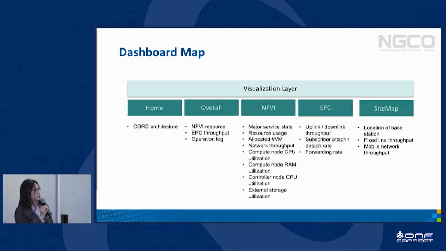The EPC category is the customization UI for a particular R3 EPC workload. And that is used to display the uplink and downlink throughput and subscriber count, also the forwarding